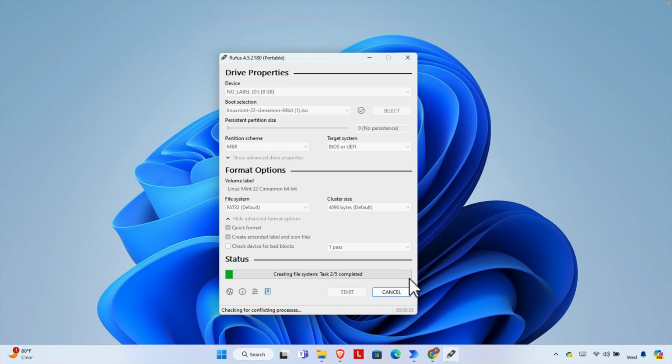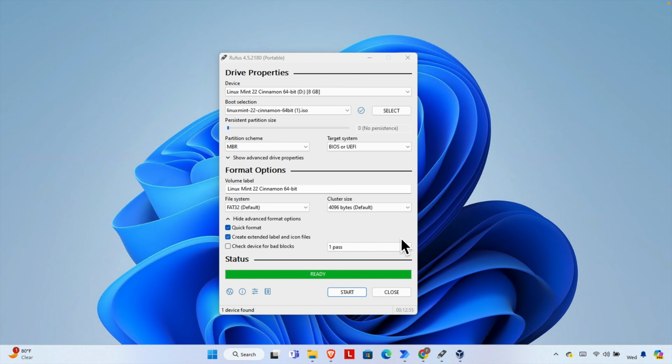Here it will take some time, like 2 minutes to 10 minutes. It depends on the computer speed. My computer is very old, as I told you, so it will take another 3 to 4 minutes at least, and then once it's completed, this progress bar will be finished. When the pen drive is formatted completely and the OS is transferred from the ISO file to the pen drive, which will be the bootable pen drive for our case, we'll see the green status bar is ready,